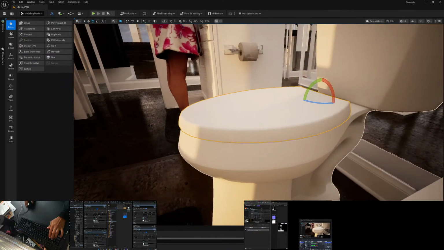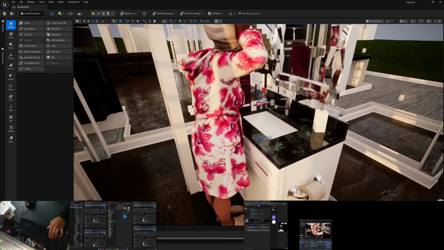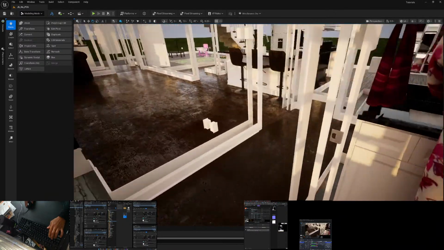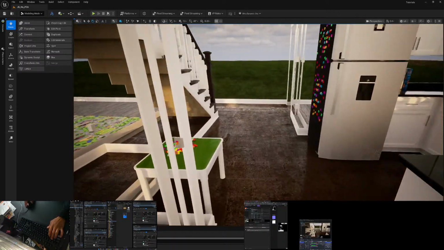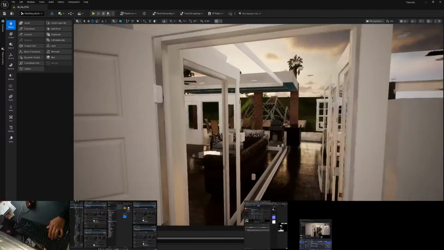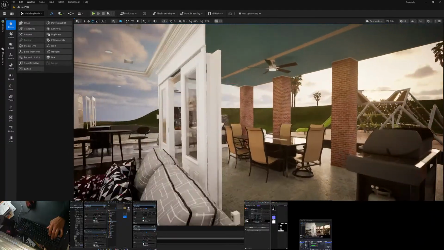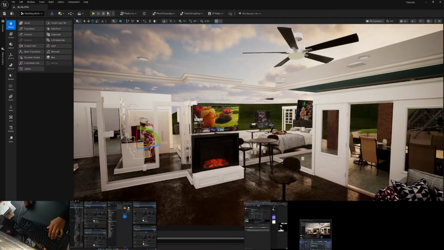So I keep some meshes separated. I don't merge everything because I don't want to deal with bones and weight painting. I just want to be able to add a pivot to a particular mesh and then set up constraints with physics for those meshes. A cool way that I preview this scene sometimes is I will hide from the game